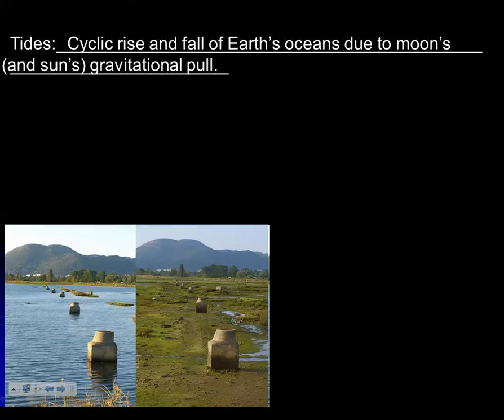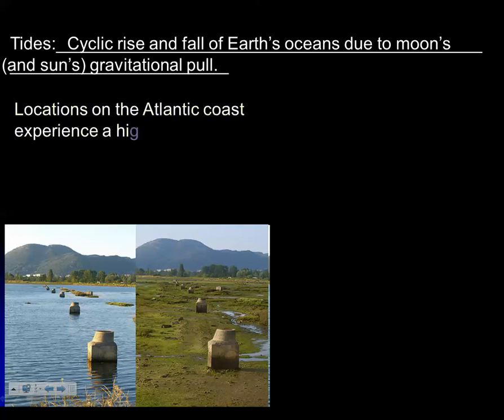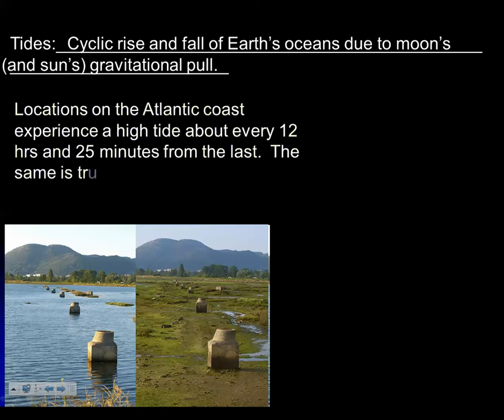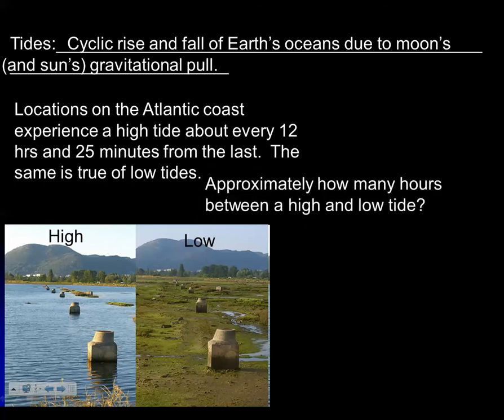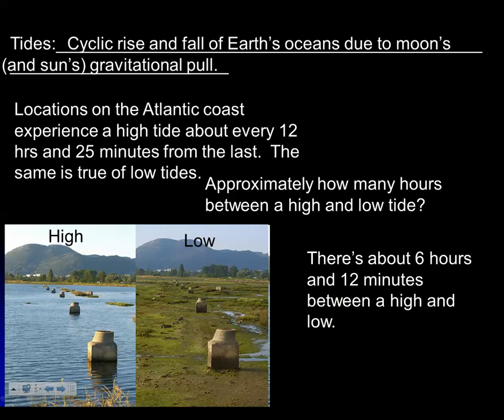You can see in the shot down there, high tide versus low tide. Now on the Atlantic coast, which is what we're concerned with mostly in this class, we experience a high tide about every 12 hours, 25 minutes from the last. And the same is true of low tides. Now if you wanted to go from a specific high to the next low, then you have to cut that 12:25 in half. So there's about 6 hours and 12 minutes, maybe 30 seconds or so between a high and